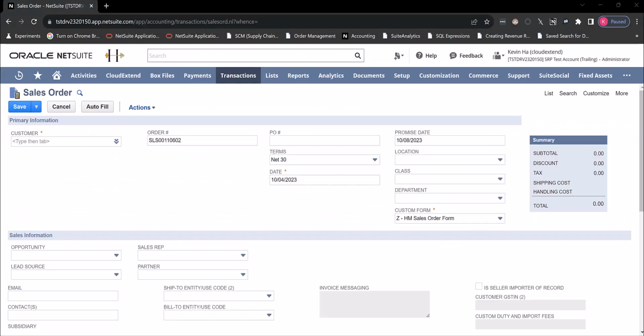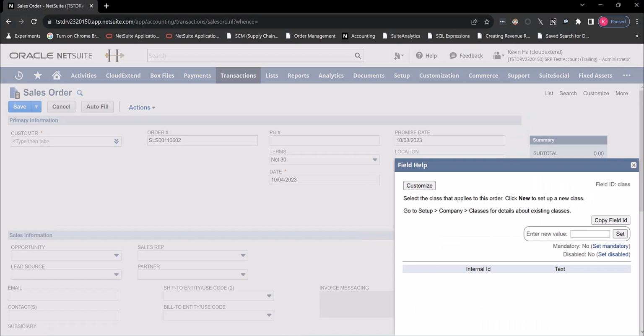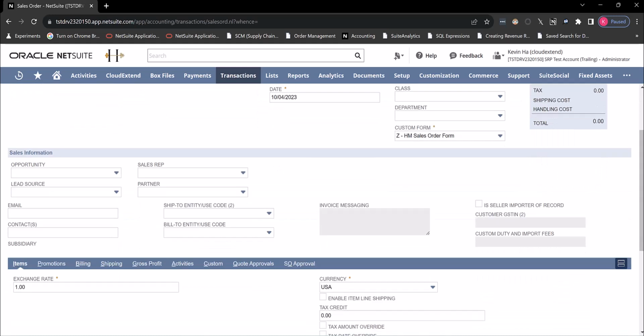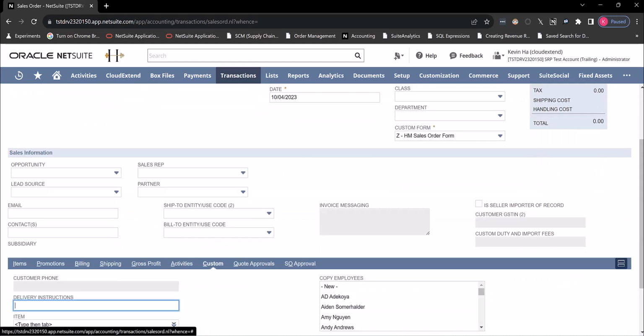Another example would be, let's just say class, right? Class is going to be a standard field. You can see that the field ID is called class, so nothing has changed there. And when it comes to the majority of standard fields inside of your form, the field ID matches the field label. So another scenario would be that if you're working with custom fields, you're going to see that,